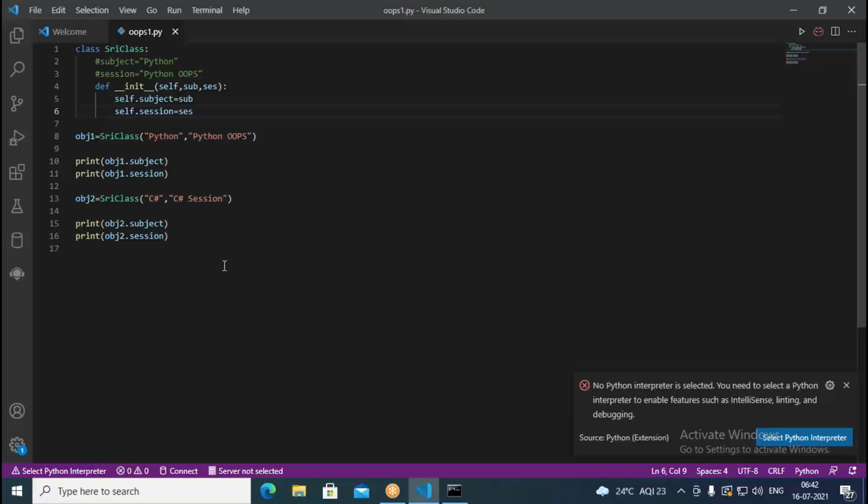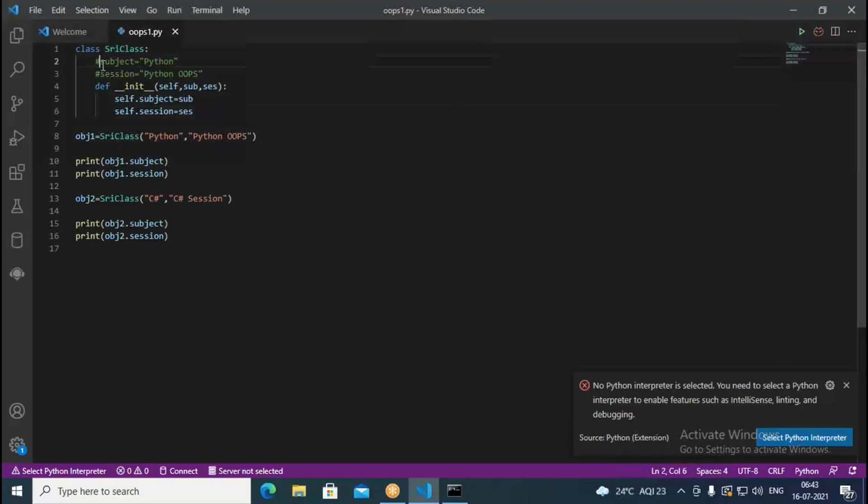We have gone with the def __init__(self, sub, ses). So whenever you want to instantiate the object, we require there a self. Self is nothing but this pointer. So in the C#, in the Java, or in the C++, we use this pointer. So this pointer means it points to the current object. And whenever you create a constructor, we require there a self. Without self, you cannot create constructor. So self.subject meaning is what? It belongs to the current object. Similarly, self.session, it belongs to the object, not to the class.